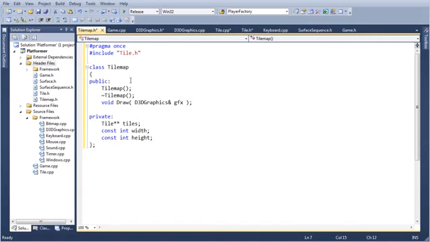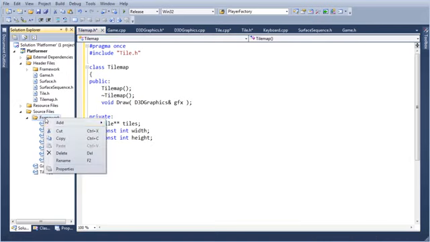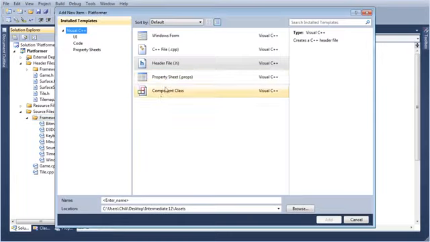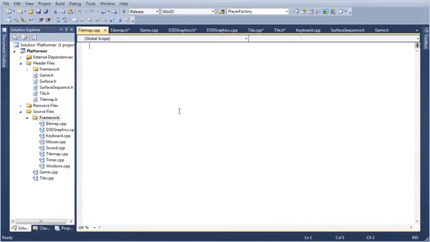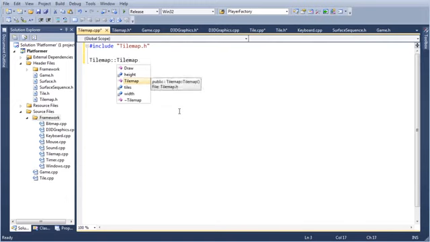So yeah, let's implement this. We'll just kind of wing it as we go, as if that's not what we always do. And by we, I mean me. Tile map. Tile map. There we go. Okay, so this one is going to be interesting, because we're going to have to parse a file.